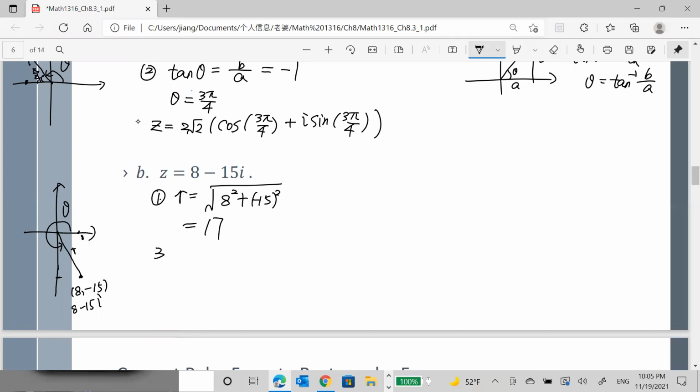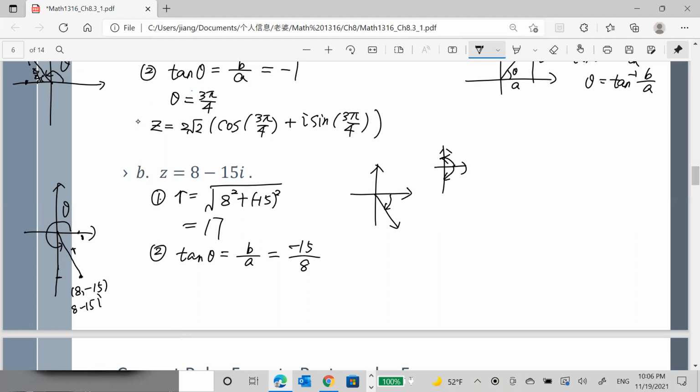Okay, we have the r. Let's find the theta. Tangent theta equals b over a. What is b? B is -15. A is 8. So here is -15 over 8. Tangent theta equals -15 over 8. So can we use a calculator to find the theta? Do you still remember, if we use a calculator, for an angle in the fourth quadrant it will give you the angle like this, because the tangent is from here to here. If in this quadrant, they only provide you the